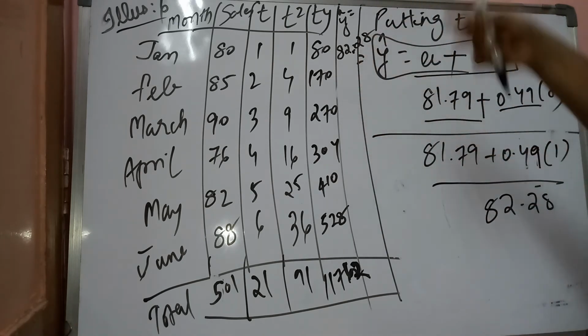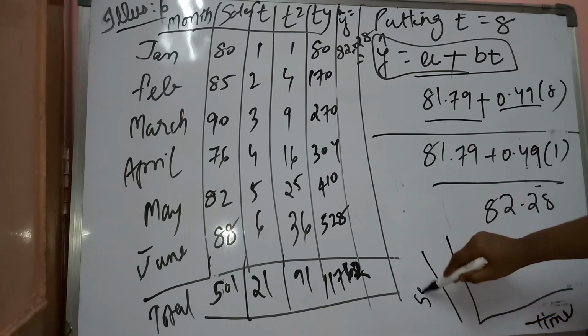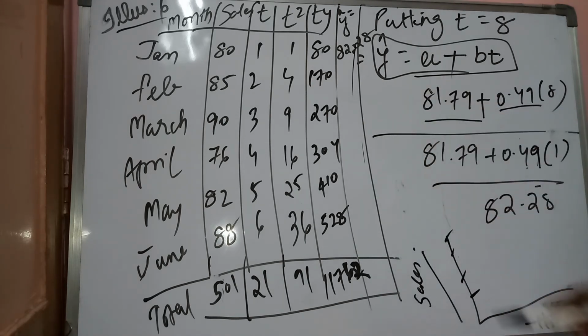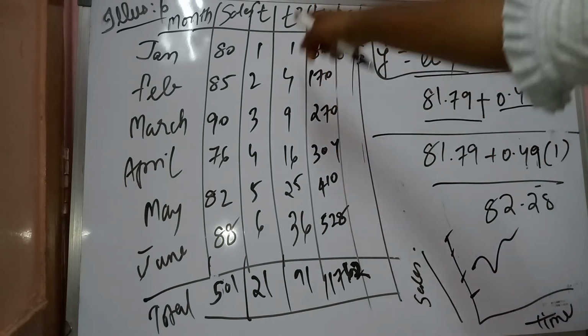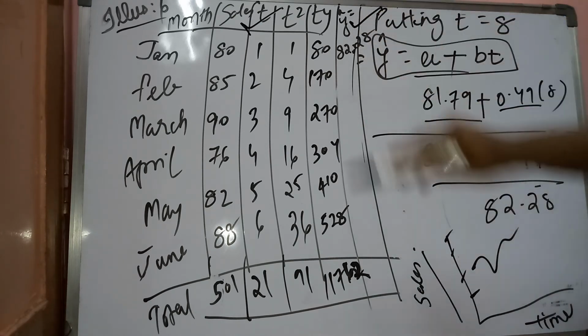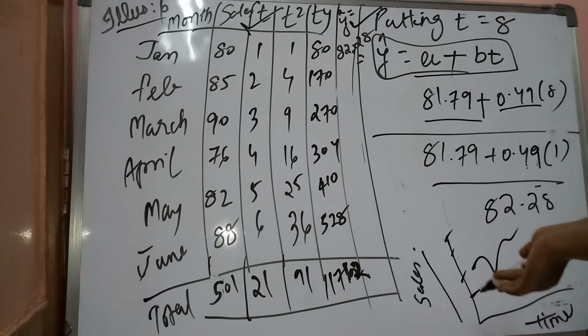And from there you have to make the graph like this, wherein here you are writing the time, right? And here you have to write the sales. You have to take these values and plot them on your y-axis and thereby make the chart. I hope you are now grown up students. You can just make a graph like this. Only thing, you have to take two things. First one, on your x-axis take time. Time is this column, right? On your y-axis you have to take this Y cap column. Whatever values you get, you just plot them in the graph sheet.